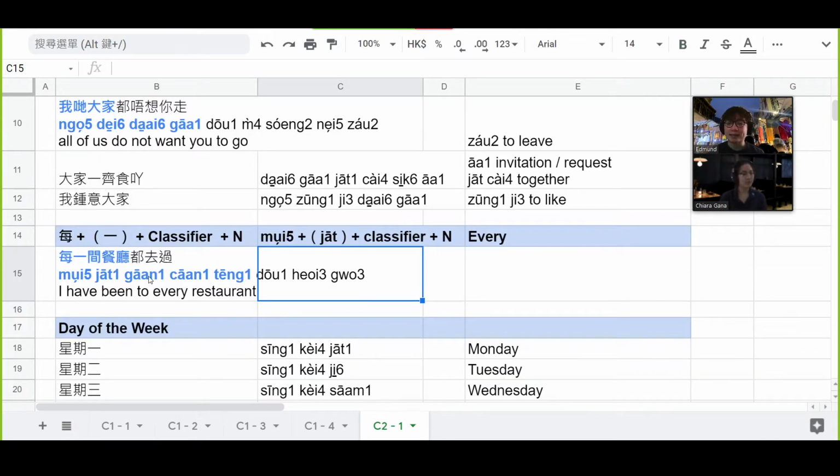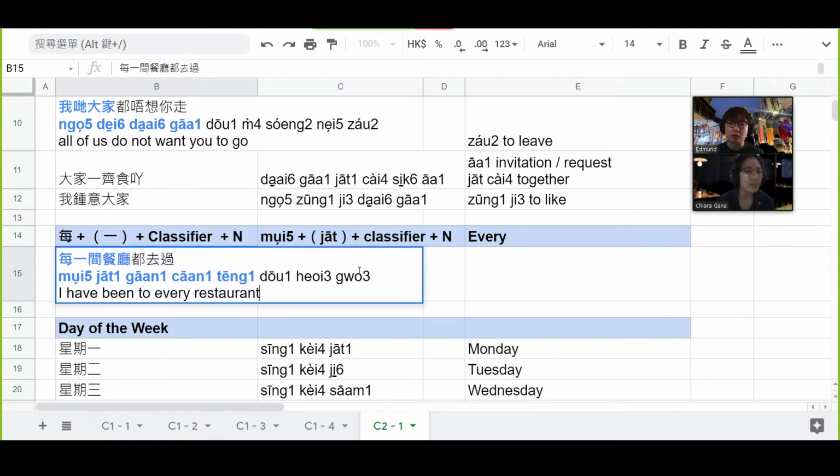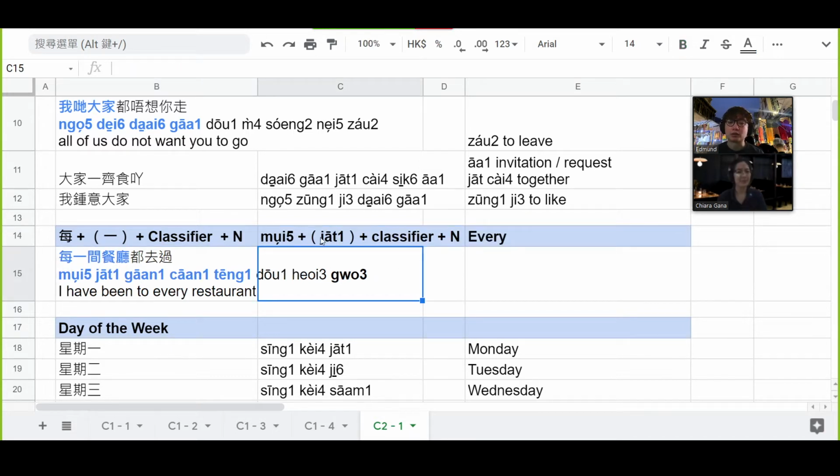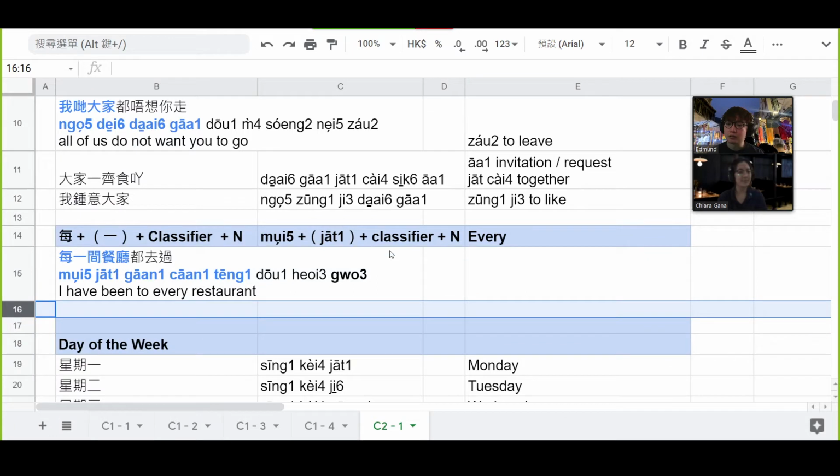每一間餐廳都去過。We talked about 餐廳 before, restaurant. 過 is about experiences. When you add it after a verb, so 去 is to go here, 去過 is like I have been to. 都 is the all. I've been to all. So 每一間餐廳 here is every restaurant. You can say 每間餐廳 also without the 一. 每間餐廳都去過。